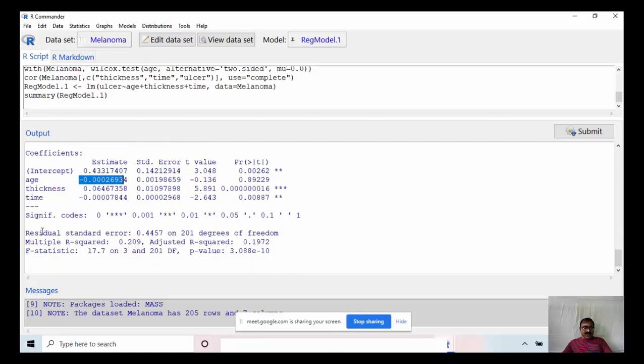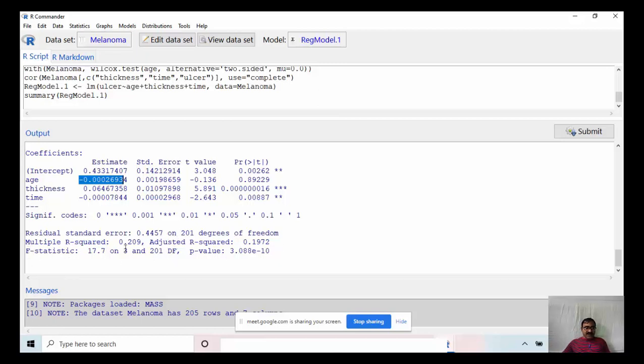Here the residual standard error is this, 201 degrees of freedom, and R square 0.209, approximately 0.2, and adjusted R square 0.19. So the R square value is very low.